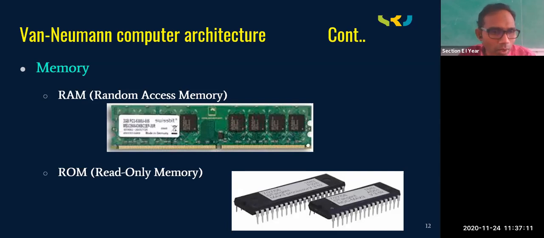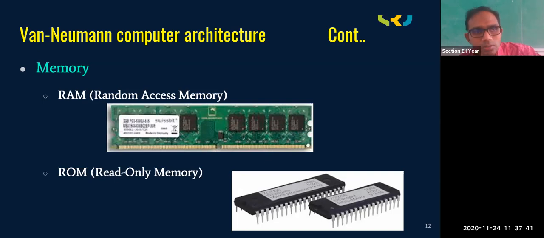Now, what exactly do we have in ROM? In ROM, we will be having the starting address of the operating system, the date and time, and many other things. What is the address of the keyboard? What is the address of the mouse, etc. All these things are given by the manufacturer. The motherboard manufacturer is going to store all these details. We cannot modify. ROM has many types: electronically erasable ROM, programmable ROM, PROM, EROM, EEROM, SROM, etc. Many types are there. You can Google it.